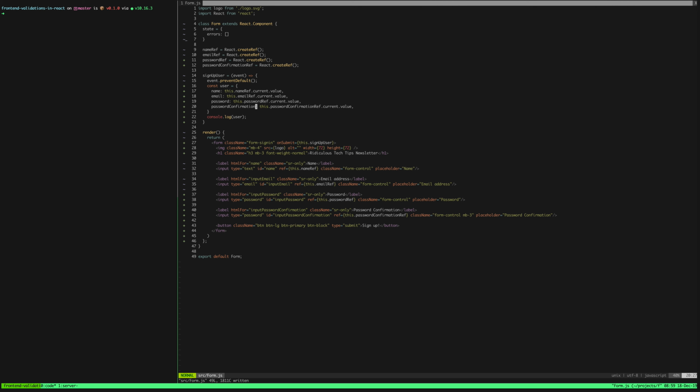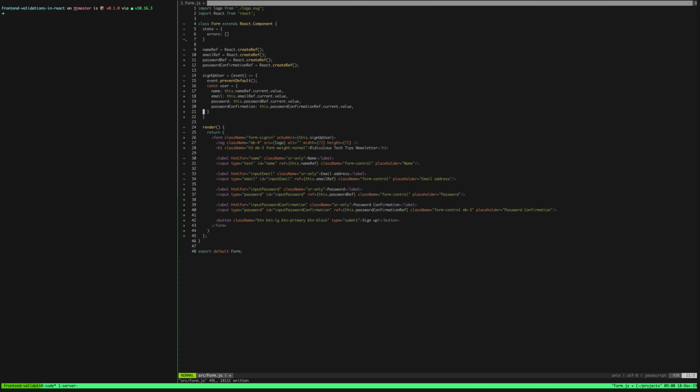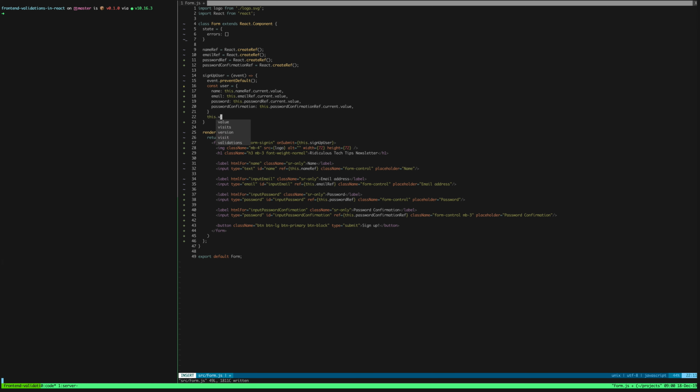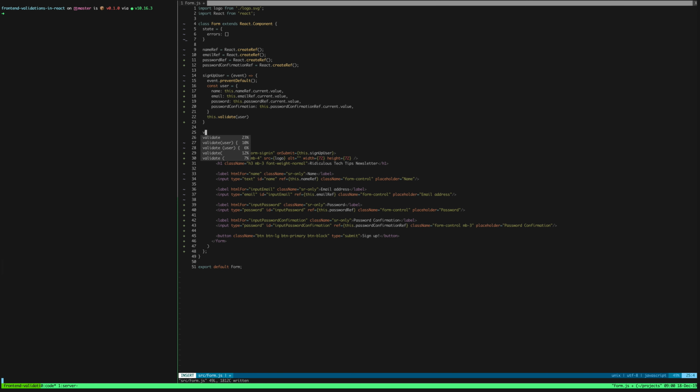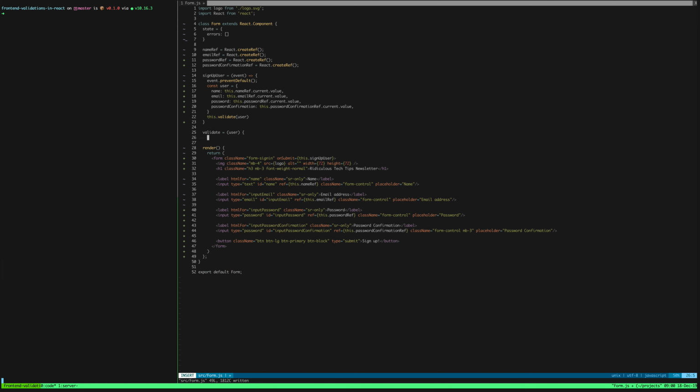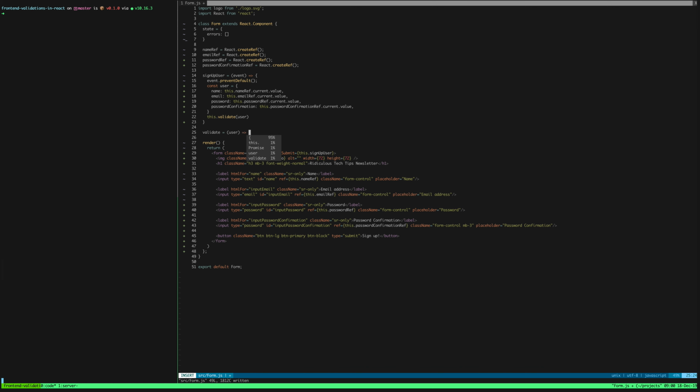All right, at this point, now we want to actually send this user to a separate validate function. The reason why we want to make it a separate function is because we want to keep our functions essentially down to doing one thing at a time. So we open up the validate function. We'll also make this guy an arrow function. It takes in a user object, arrow,